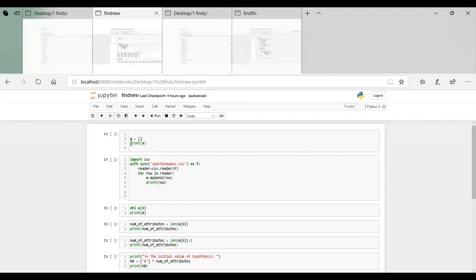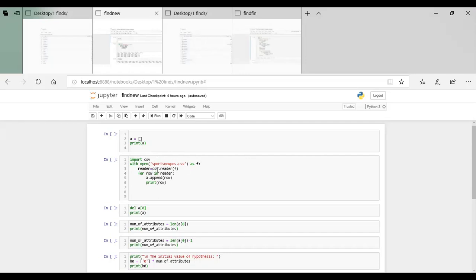Initially, we are going to create an empty list. In order to work with a CSV file in Python, we are going to import the csv module, which supports 2 functions, reader and writer. So here, import csv, with open the CSV file, and we rename it with the short name f.